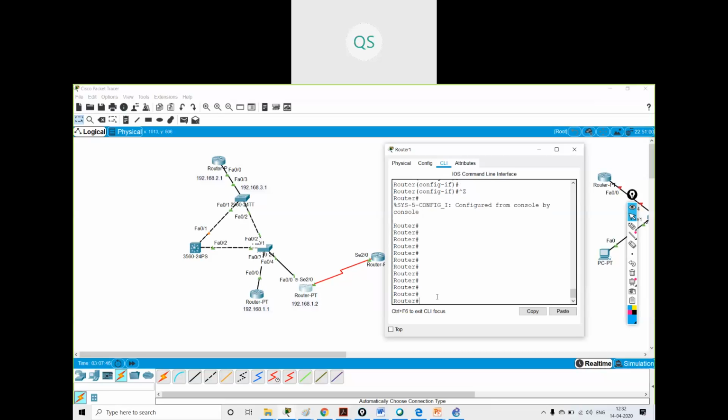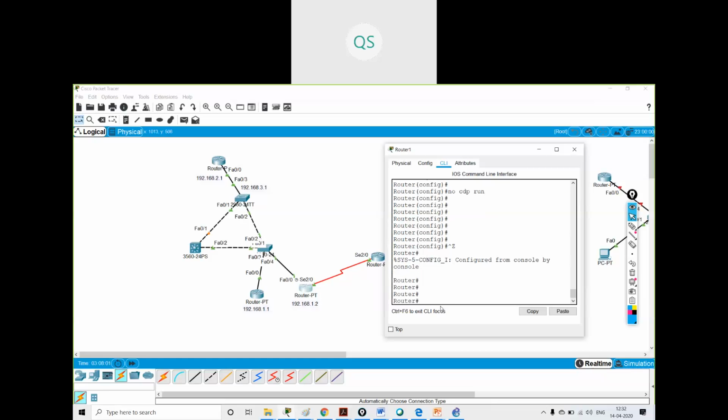I completely forgot this. To enable CDP, we have to give the command CDP run in configuration mode. Once I give this command, CDP will be enabled. If I give the no command, then it is disabled.